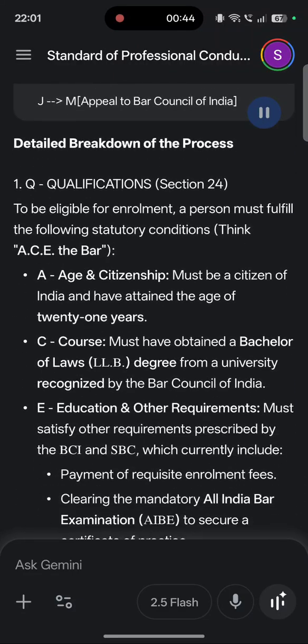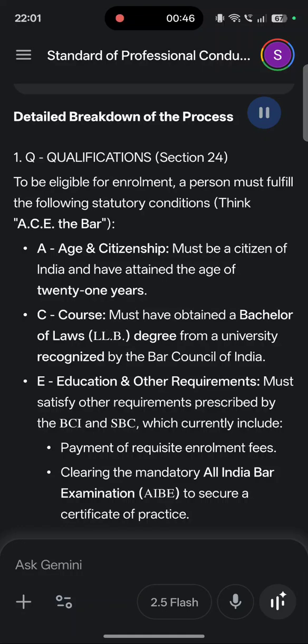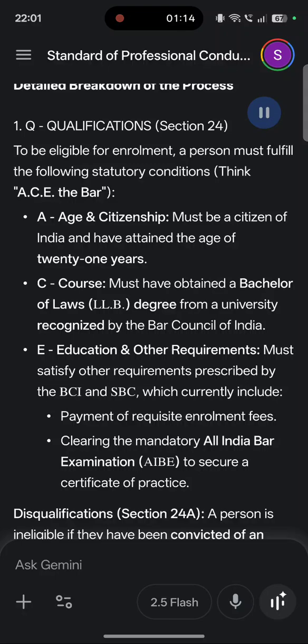Detailed breakdown of the process. 1. Q: Qualifications, Section 24. To be eligible for enrollment, a person must fulfill the following statutory conditions. Think ACE the bar. A: Age and citizenship: must be a citizen of India and have attained the age of 21 years. C: Course: must have obtained a Bachelor of Laws, LLB, degree from a university recognized by the Bar Council of India. E: Education and other requirements: must satisfy other requirements prescribed by the BCI and SBC,